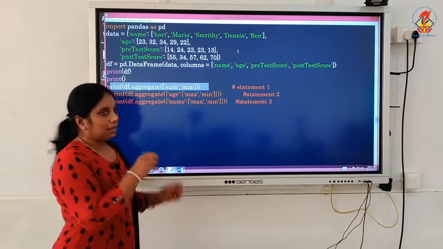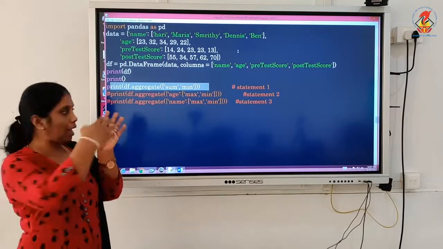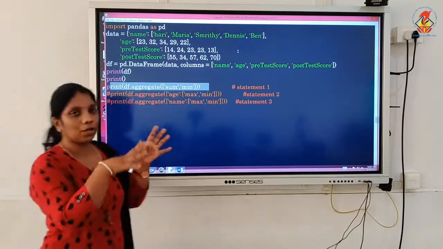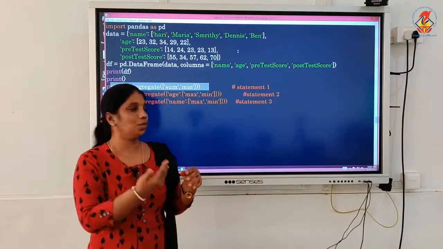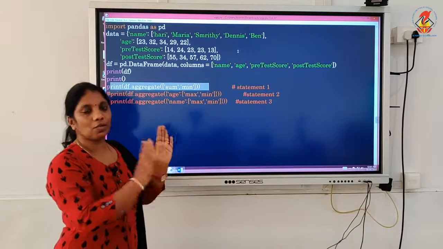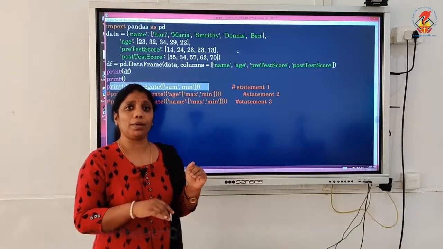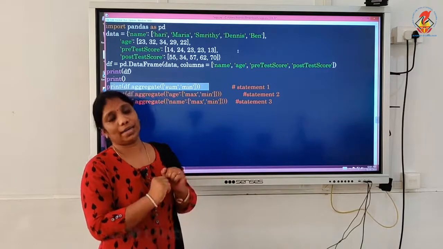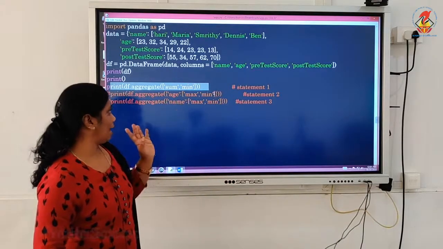Now you can see the keywords sum and min are given in quotes, because I am going to create a list. If you want, I can add more into this function. Sum and min are right now the exclusive functions available in Python. I have created it as a list. The other two I have created with max and min.